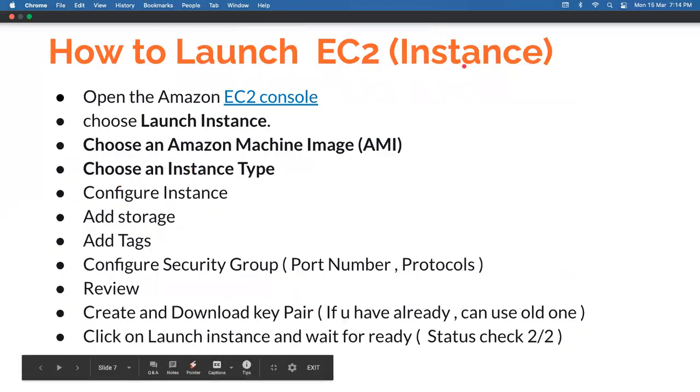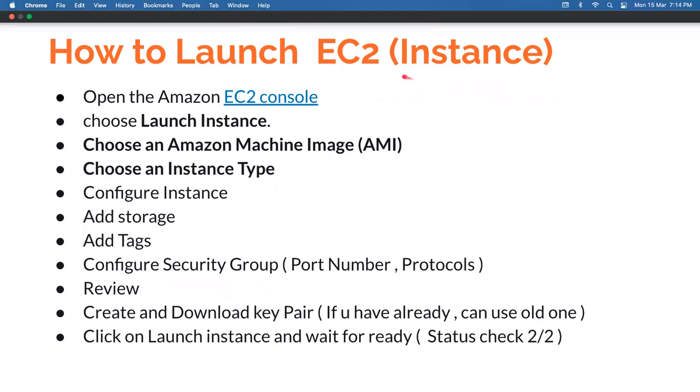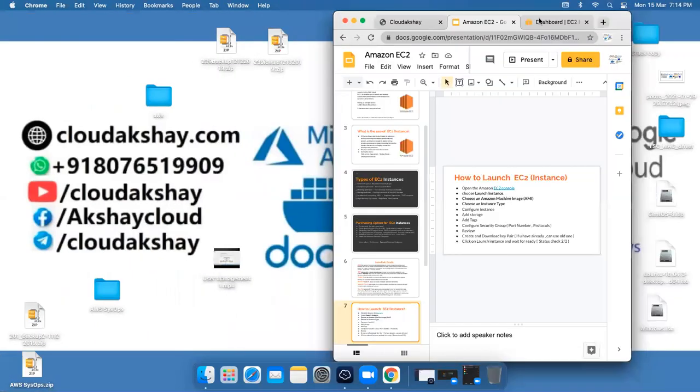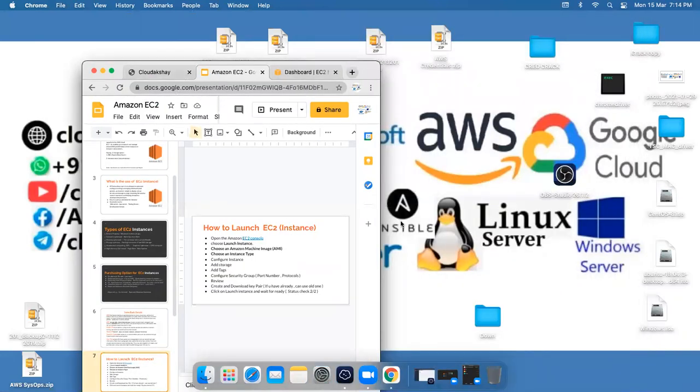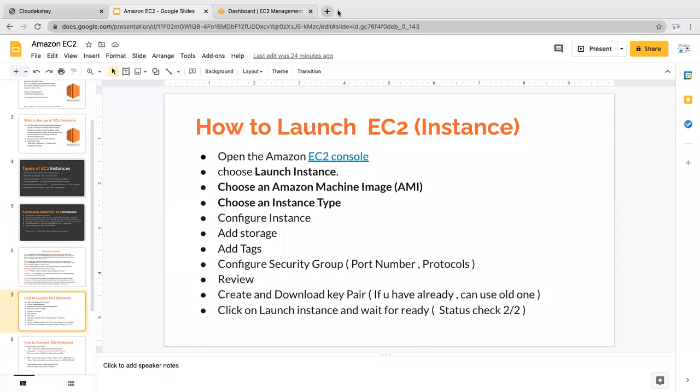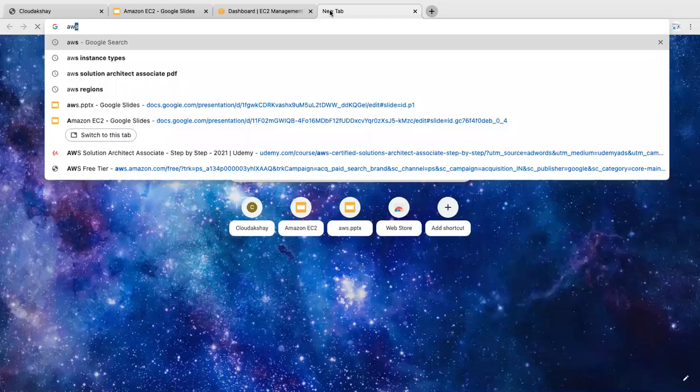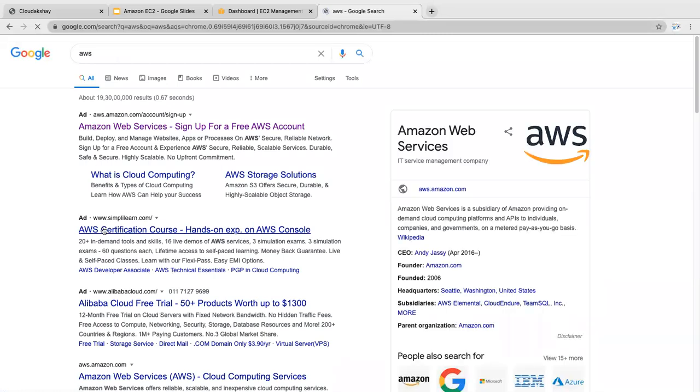So how to create or launch an EC2 instance? Let's go into Google Chrome and type AWS, and open the first link.